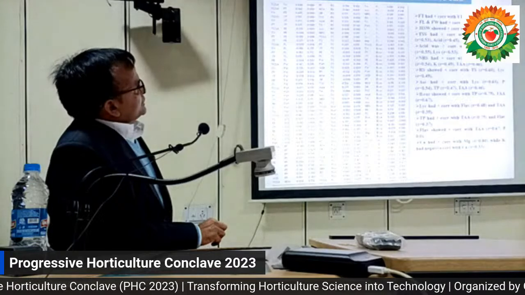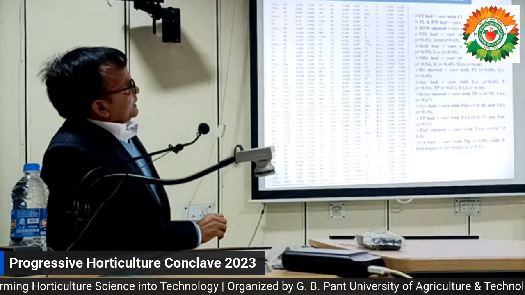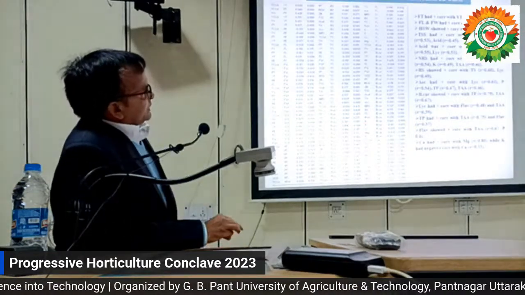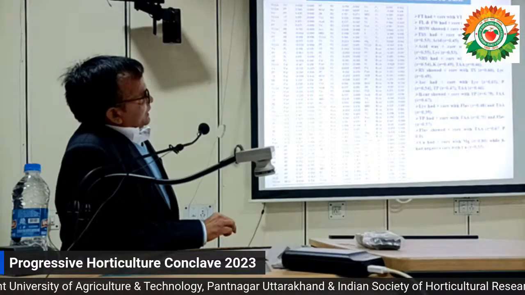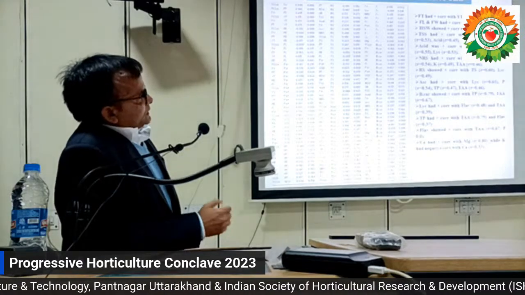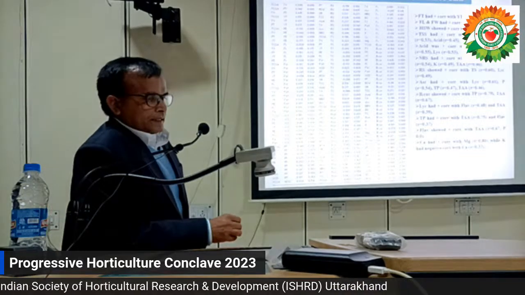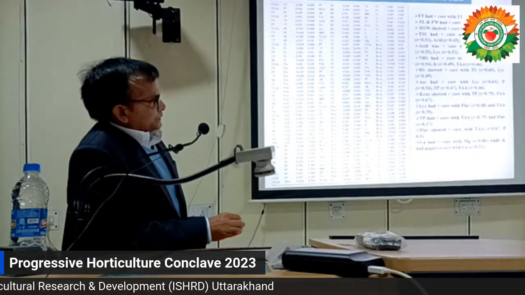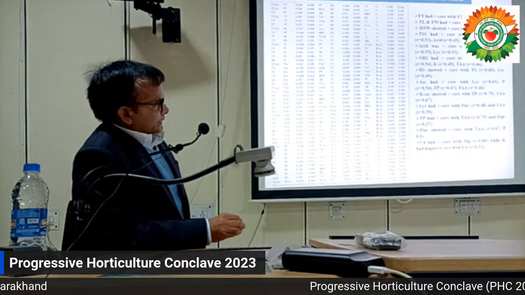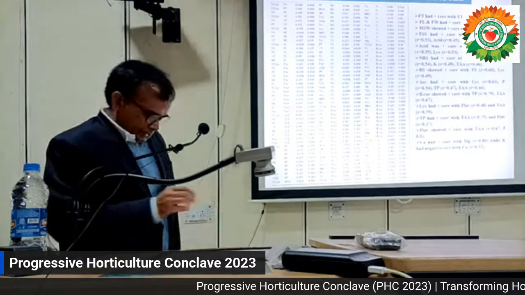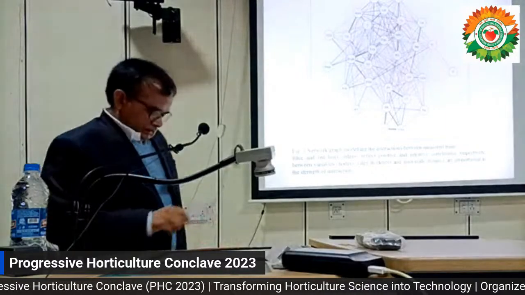Then Pearson correlation studies were also done between major traits. Fruit per tree had a positive correlation with yield per tree. Fruit length and width had a positive correlation with fruit weight. 100 seed weight showed a positive correlation with seed hardness. Likewise, total phenol had a positive correlation with total antioxidant activity. Calcium had a positive correlation with magnesium, while potassium had a negative correlation with calcium. These network graphs show the same interactions amongst major traits.